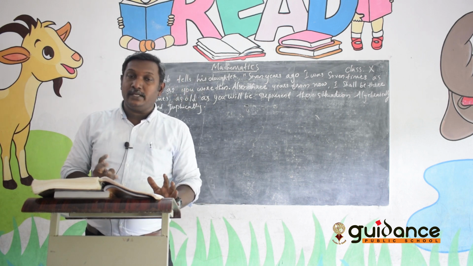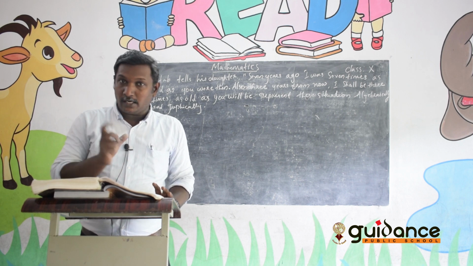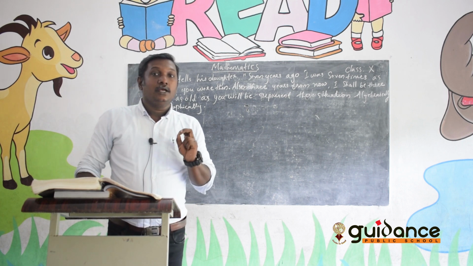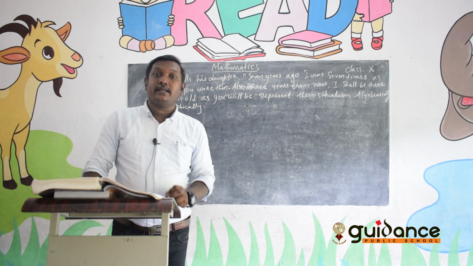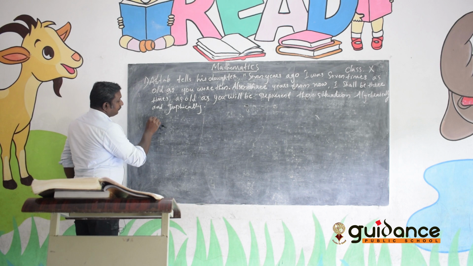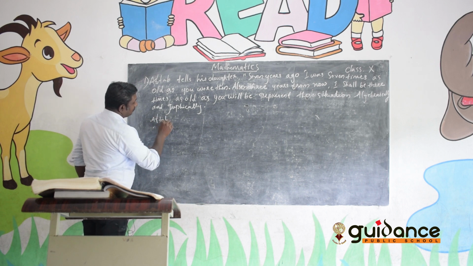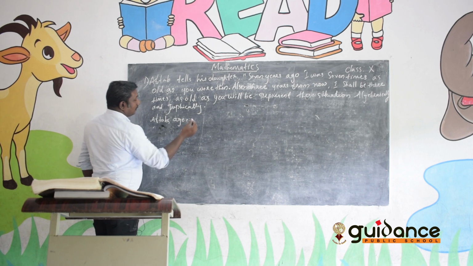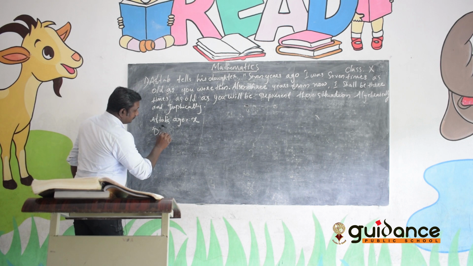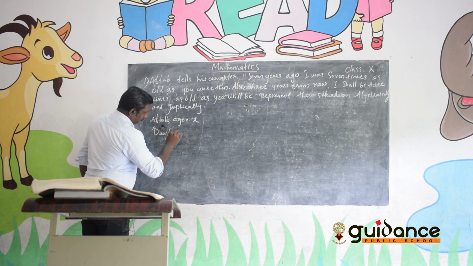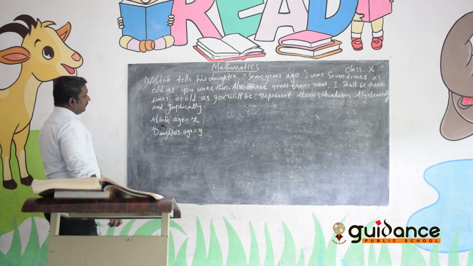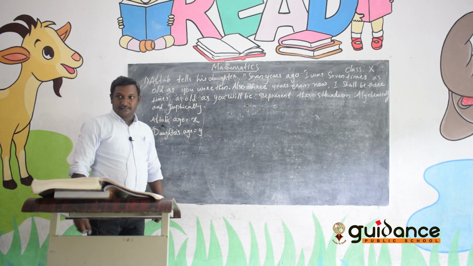Firstly, we have to identify the two variables. What do the two variables represent? Here we have two variables x and y that we can refer to as the ages of Aftab and his daughter. So x is the present age of Aftab, Aftab's age equals x, and daughter's age we can refer to as y.